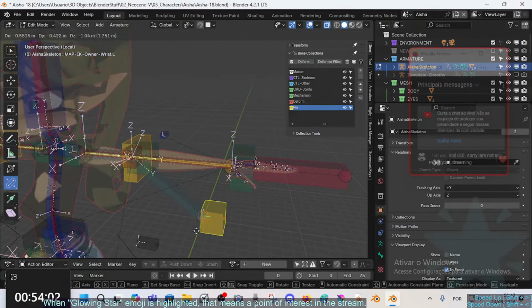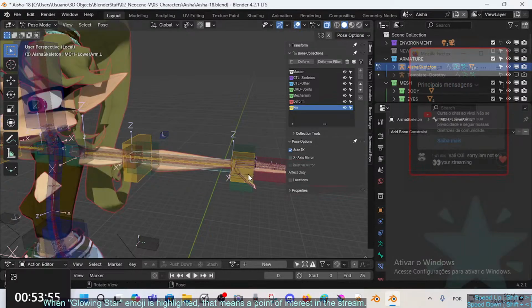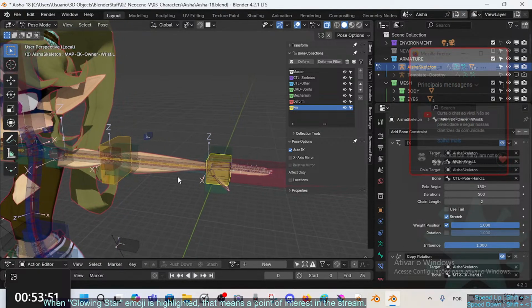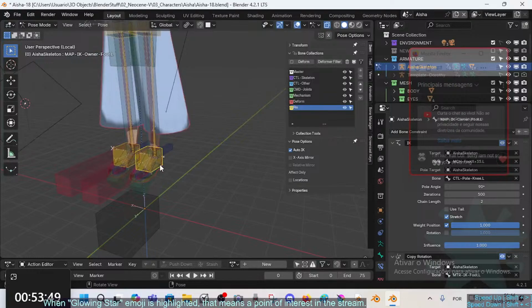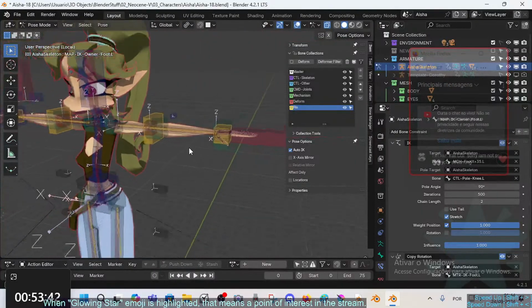So this bone is connected, right? Parented connected, but it's like the chain continues there. And don't use the tail in this case. So this different way to make the IK bone constraints ended up being much more interesting